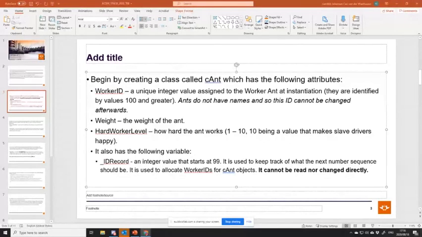Then we've got the weight, the weight of the ant. We've got the hard worker level, so how hard the ant works, 1 to 10, 10 being a value that makes slave drivers happy. It also